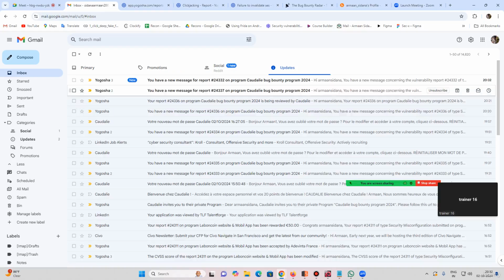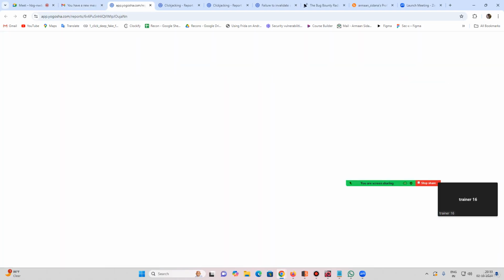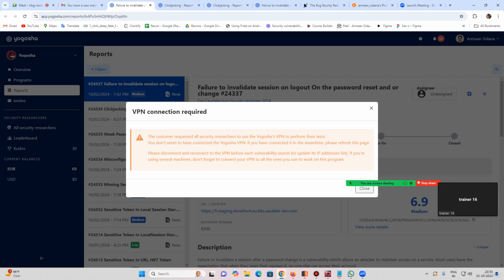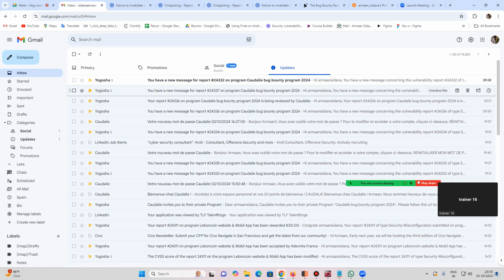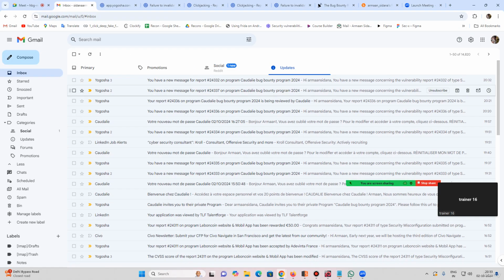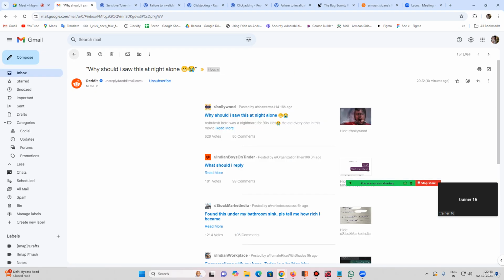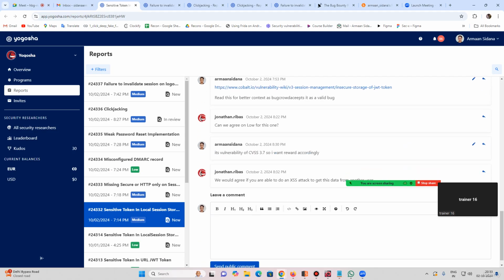One report went to a review stage and it's marked as medium. Let's see what bounty we would get out of that. So I'm just checking if I answered all the queries of the triagers, then I would move further with testing the other things. This program is new, so whatsoever I am finding,